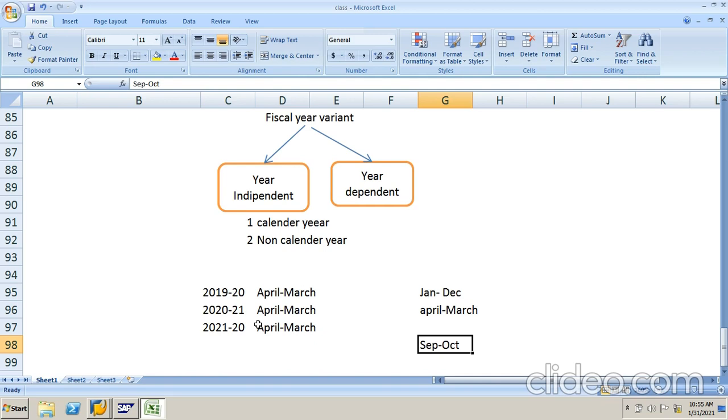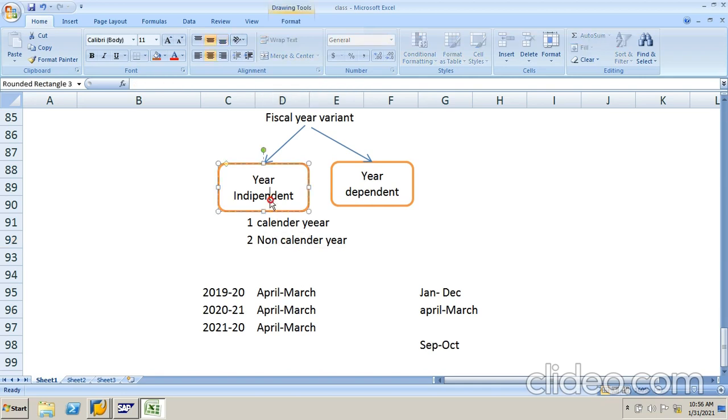So apart from January to December, if any company follows these kinds of posting periods, they come under non-calendar year. Calendar year means the company's posting periods are January to December. Non-calendar year means posting periods apart from January to December. This is the difference between calendar year and non-calendar year.